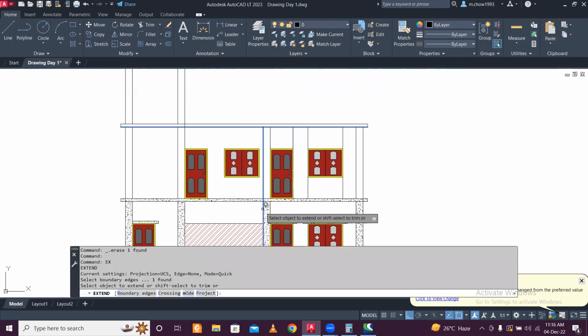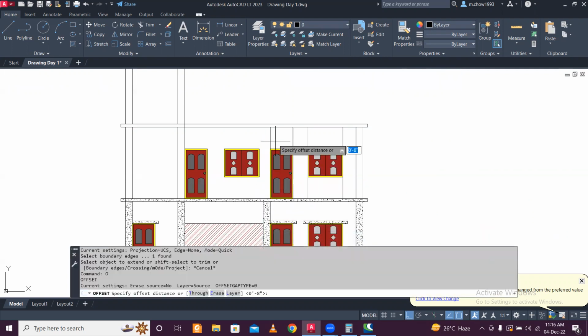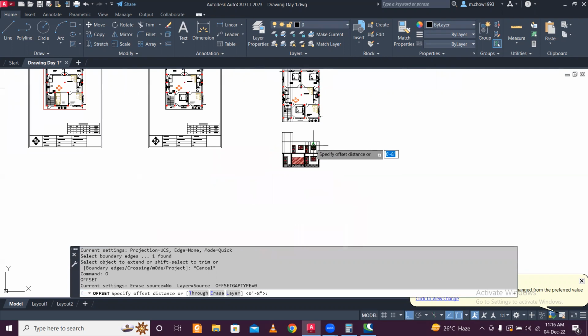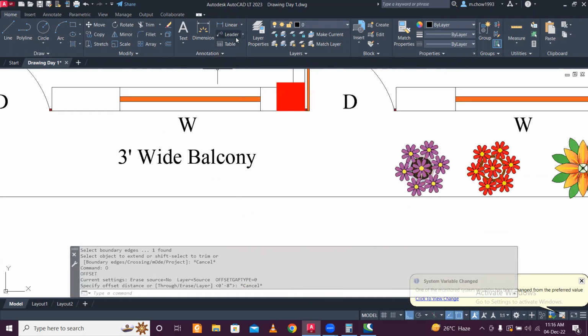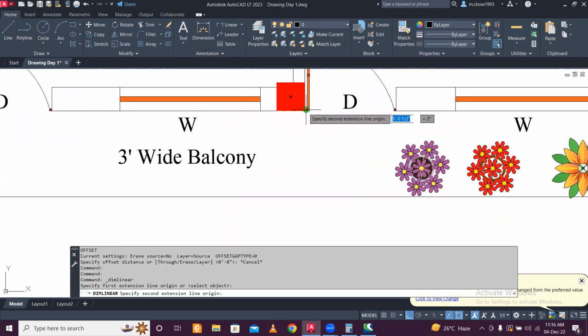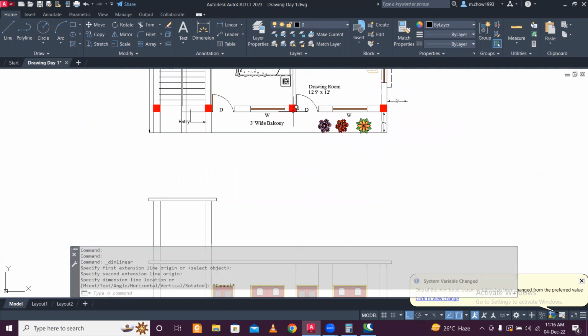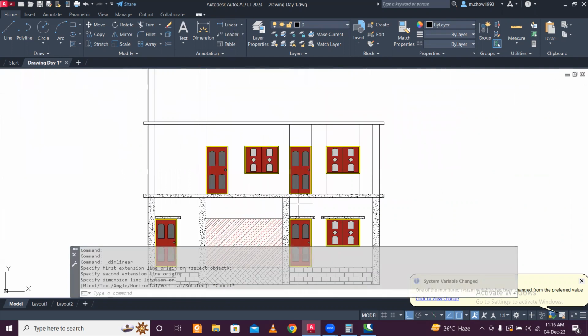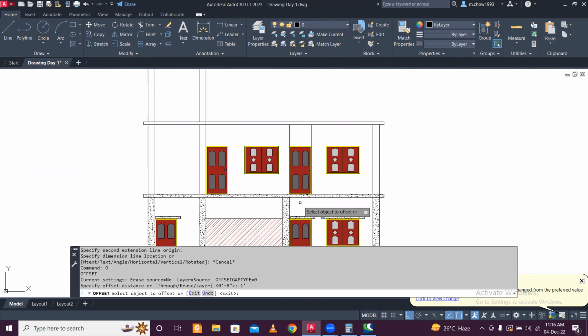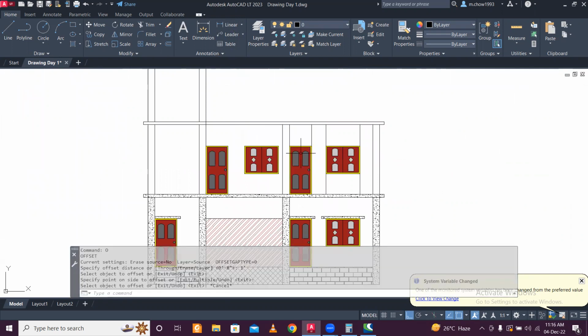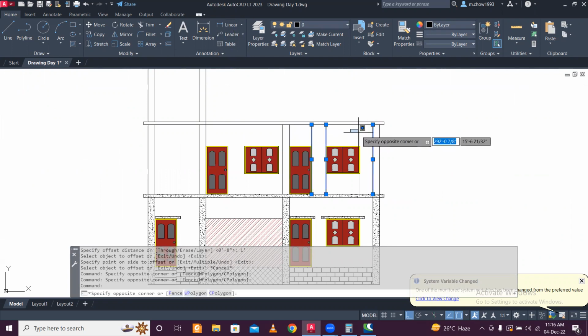EX enter and extend this, or else we can just take an offset of the column size here. I think it's what we've taken, 1 feet. So an offset of 1 feet. This one not needed, this one not needed, this one not needed, this one is needed, so